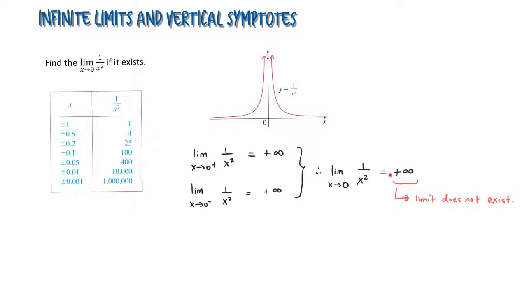And a limit like this that is equal to positive or negative infinity is what is called in calculus an infinite limit. I'm going to write that down over here. Whenever the limit is equal to positive or negative infinity, we have an example of an infinite limit. Again, remember that this limit doesn't exist in the traditional sense because infinity is not a number, but it is